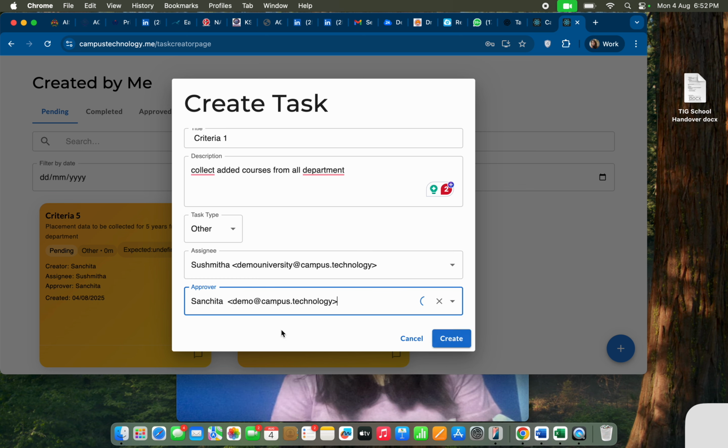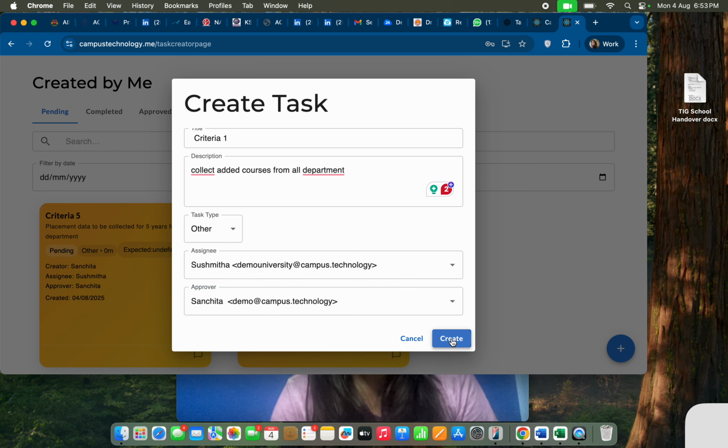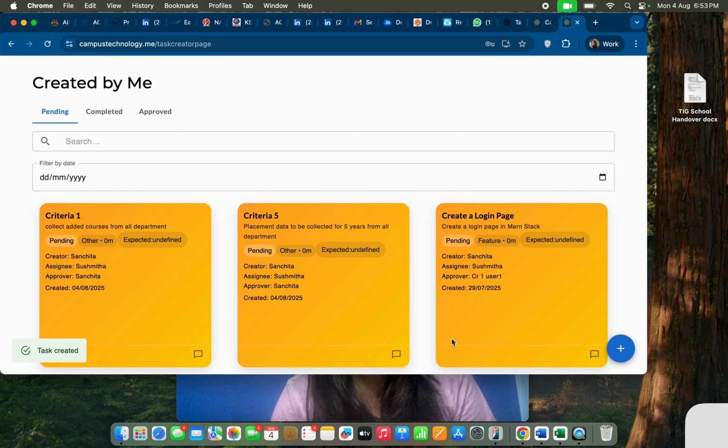Yes, since this account can be an approver also. So maybe the IQAC director or coordinator is adding the task, but he or she can give the responsibility to the HOD also. So let me create.